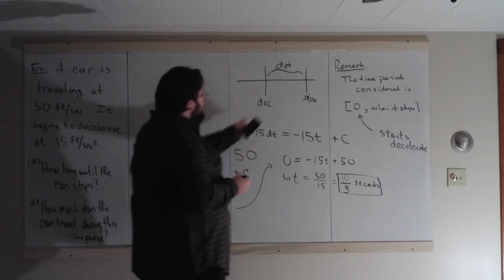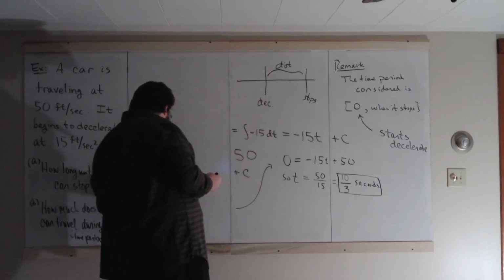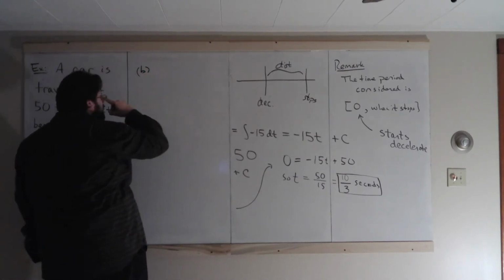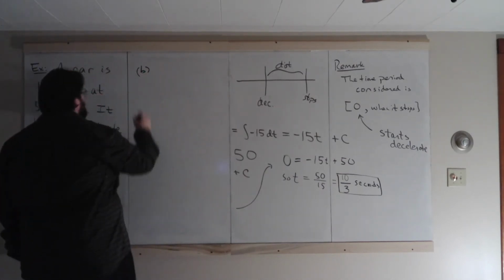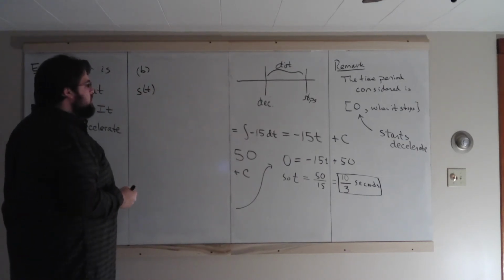So at time 0, the car is at position 0. But that won't matter if we can't find a position function,